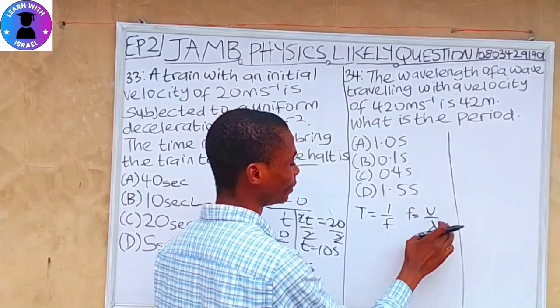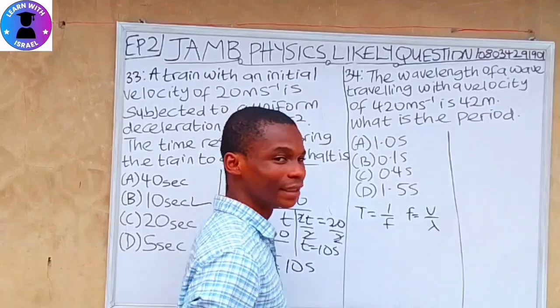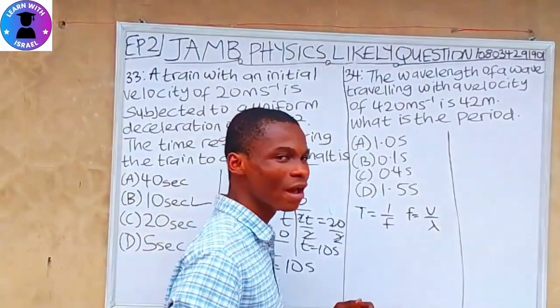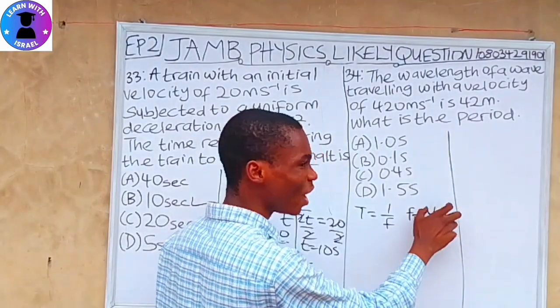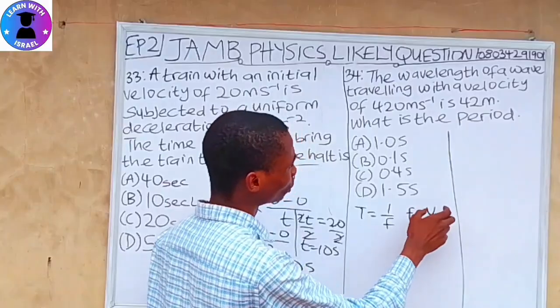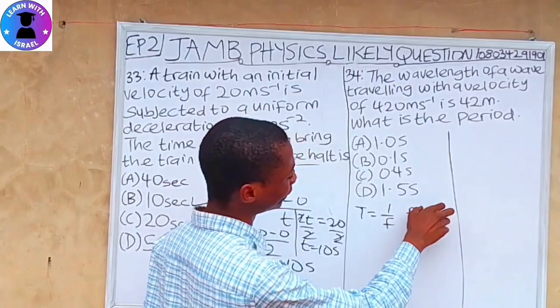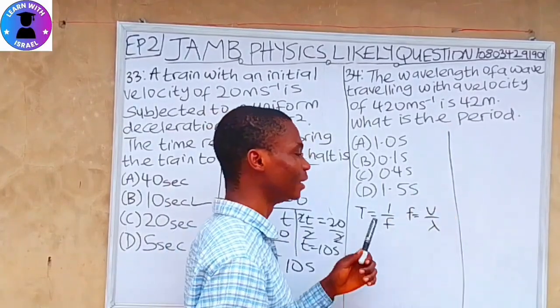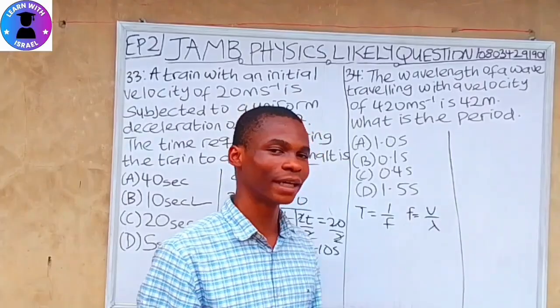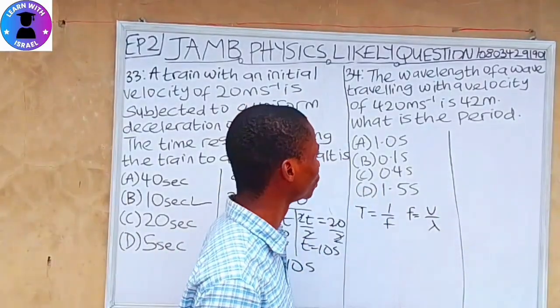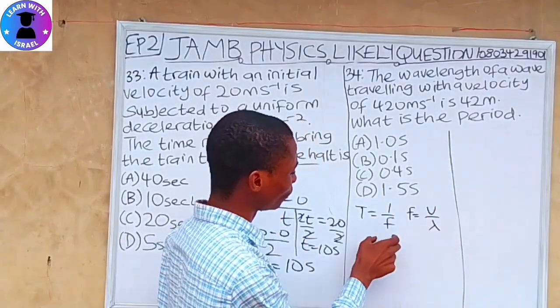V over lambda. This lambda represents what? It represents the wavelength, while this V represents the wave speed, and this wave speed is also the velocity. Don't misinterpret this. This V represents the wave speed and it also represents the velocity. So let's solve. We are looking for our period,